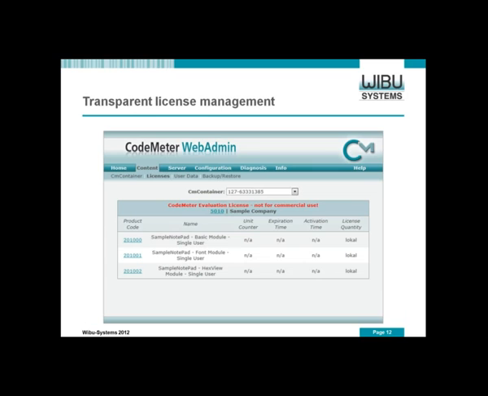Last but not least, CodeMeter offers transparent license management. It means the licenses are not hidden on the computer, they are also visible for the end user. So the end user sees which licenses are stored on his computer within the CodeMeter system. And if we take a look here, we see a screenshot from the user's computer, and we see that from